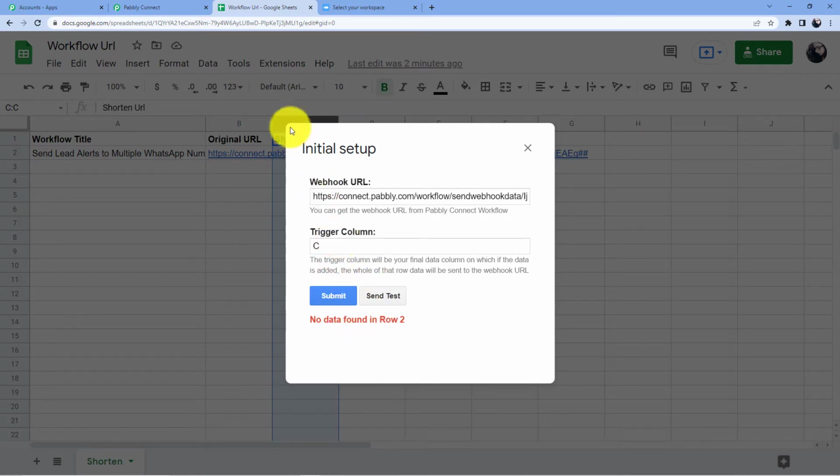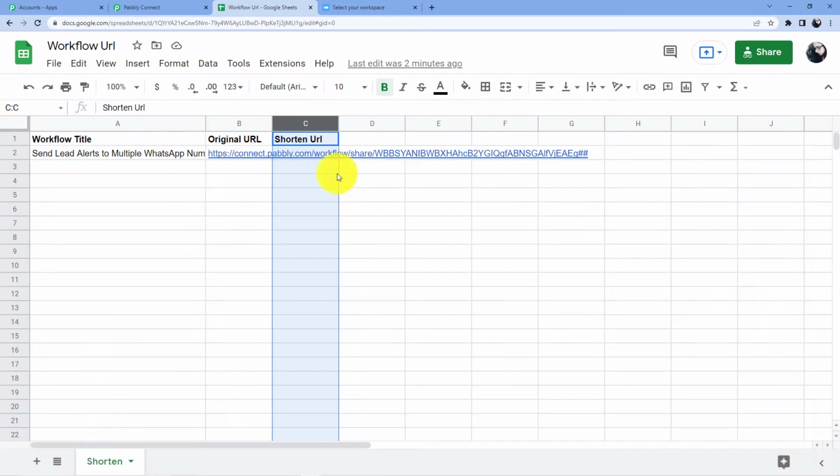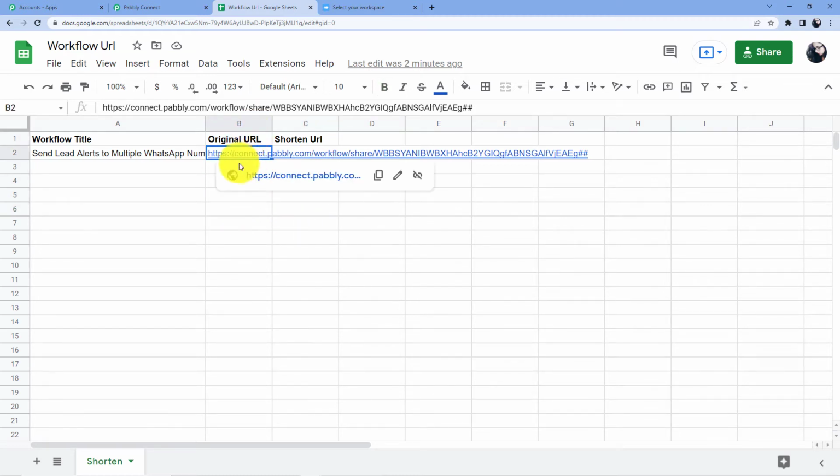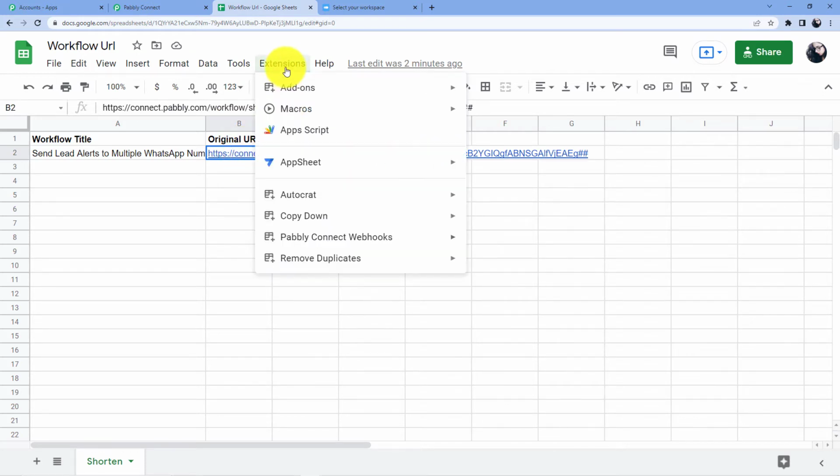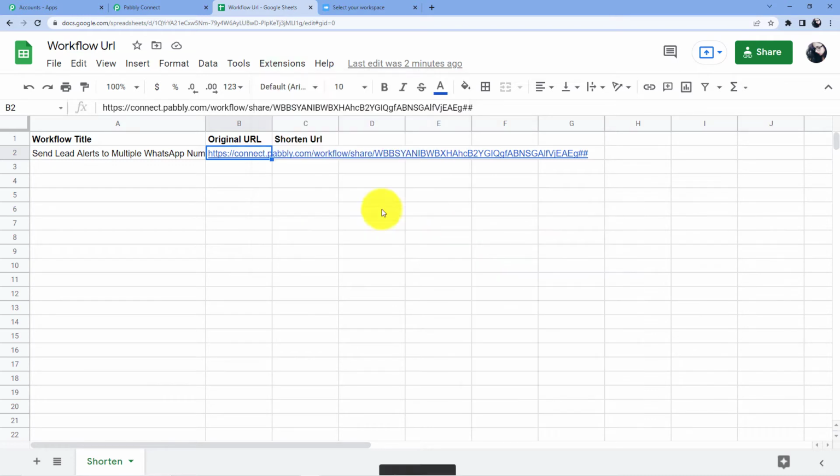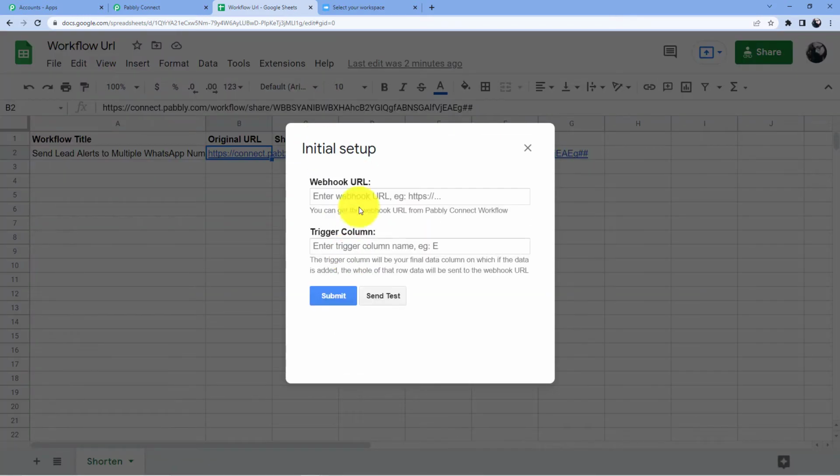Now, why is that? Our last data column is C. But the problem is we do not have any data here in column C. So what we are going to do is take the last data column as column B, because we have the data in our B column, we do not have it in our C column. So we will just go back. This is what I was trying to explain to you, and that is why I did this,